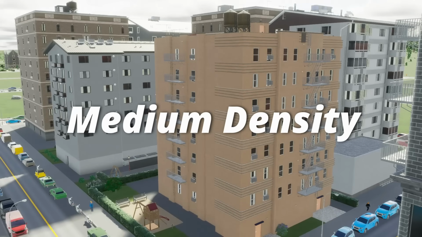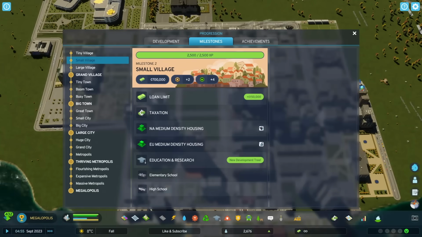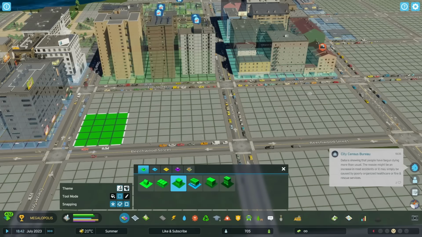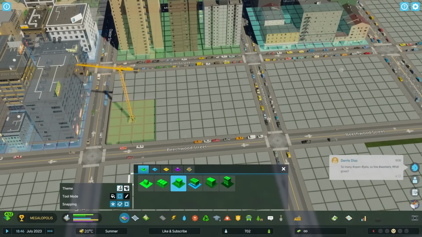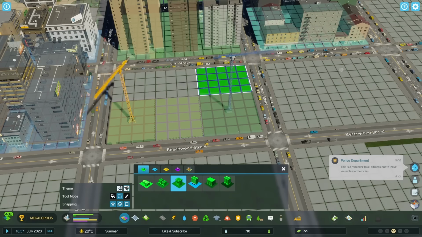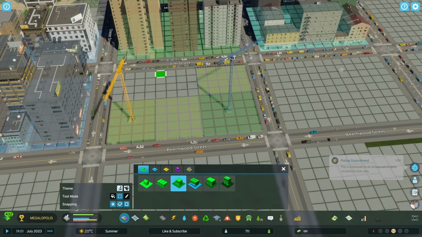Proper medium density zoning is unlocked at the small village milestone and tends to be larger sized mid-rise apartment buildings with a higher citizen capacity than row homes. These come in sizes from 2x2 tiles all the way up to 6x6 tiles, just like most of the other zone types. Getting demand from medium and high density residential tends to be a thing many players struggle with,